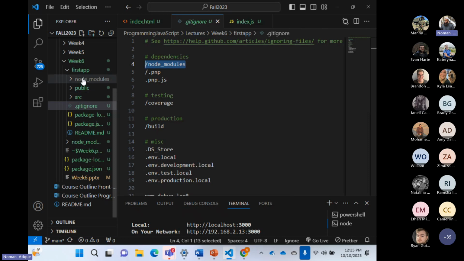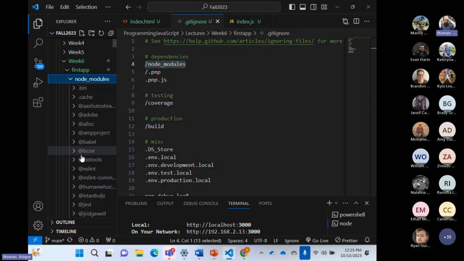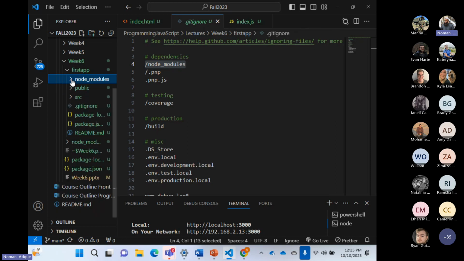Never send this node modules folder on your GitHub, or to me as a project. Never worry about this node modules folder. It consists of all the node modules, and it's a huge folder, which we don't transport with our project. Rather, we don't even put that on our GitHub. And what we do instead, I'll tell you later on. But right now, just understand that when I make a commit on my project, you will see this node modules folder will not appear.